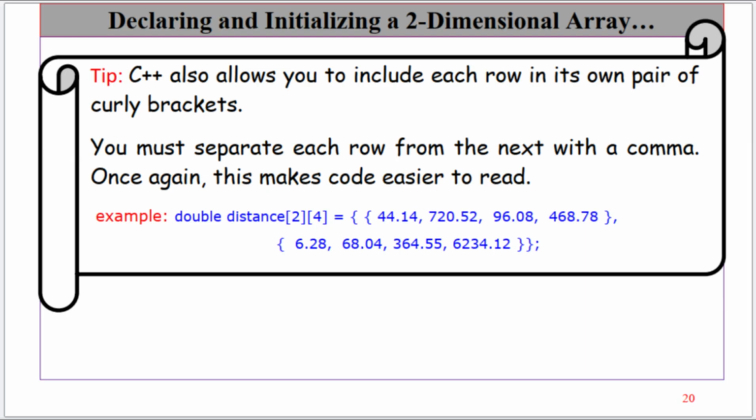19. Declaring and initializing a two-dimensional array. Tip: C++ also allows you to include each row in its own pair of curly brackets. You must separate a row from the next with a comma. Once again this makes the code clearer. Example: double distance[2][4] = {{44.14, 720.52, 96.08, 468.78}, {6.28, 68.04, 364.55, 6234.12}};